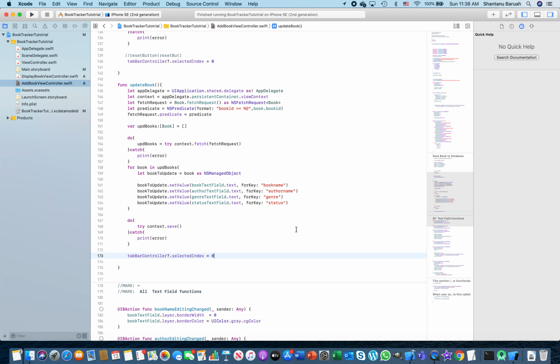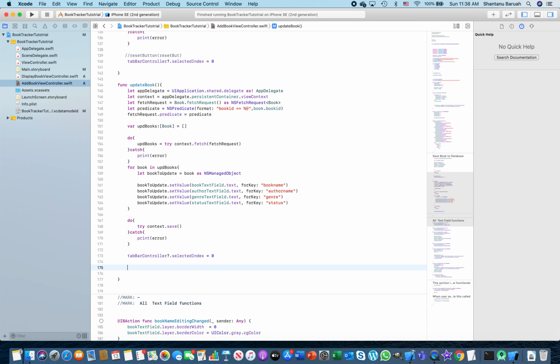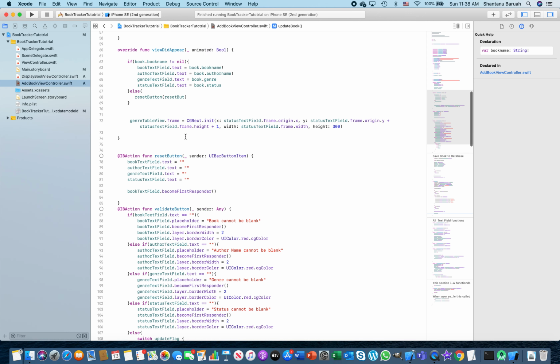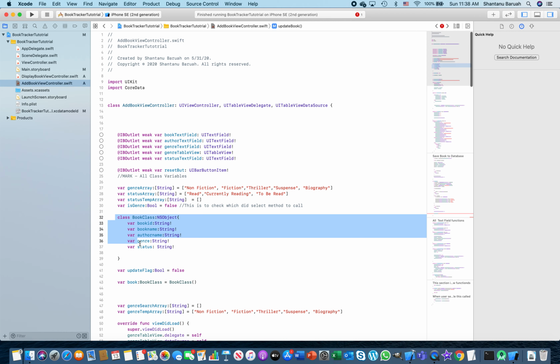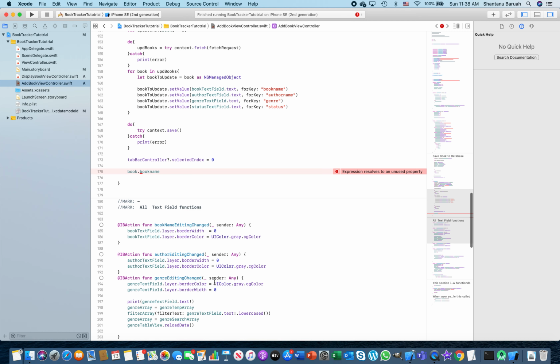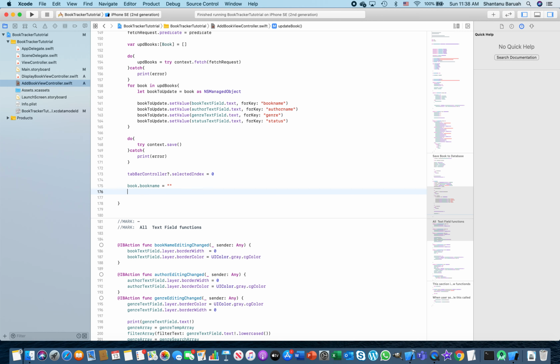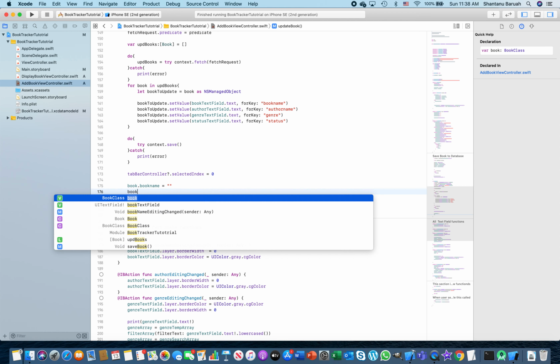So what you need to do is very simple. You need to reset, as if once you're updating it, you need to make sure everything is add book. So how do you do that? You do a few things. You first of all do book name, which is your class, if you recall, right? This is a class you define, and book is an object of the class, right? So book name, you say that now that I've updated, I want to make it blank. So as the book dot everything, in fact, author name,